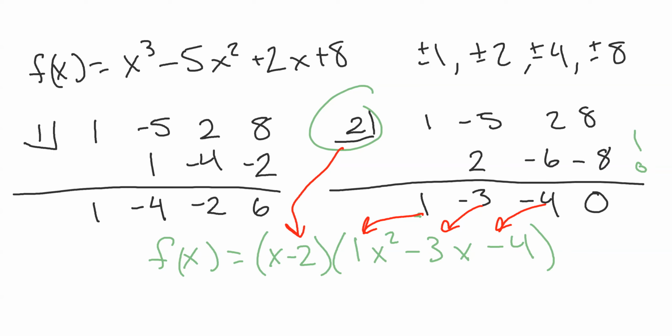Basically, we use the rational zero theorem to get an idea of what some of the possible rational zeros could be. We tested a few of them out using synthetic division. And once we got one of them, we could factor that out. And now we just have to factor this remaining piece right here. And if you don't want to, we don't have to write that 0. So we've got x squared minus 3x minus 4. And we can see that this is going to factor to x minus 4 times x plus 1. So our f of x,